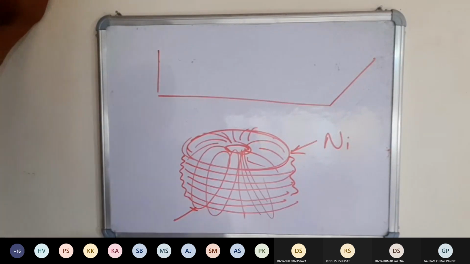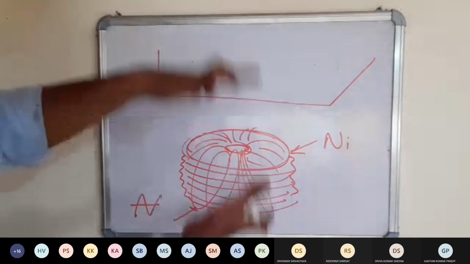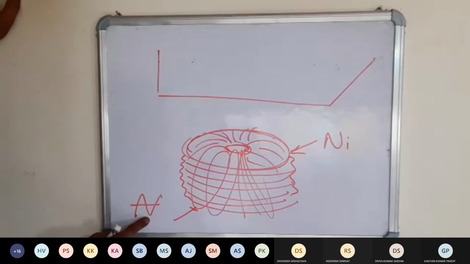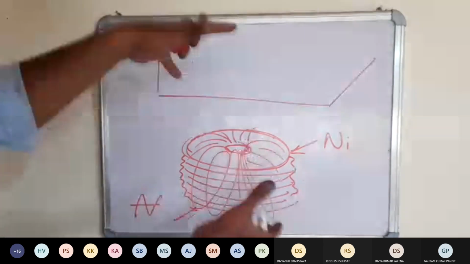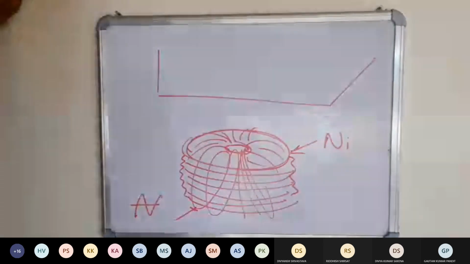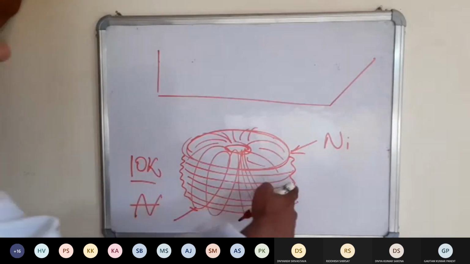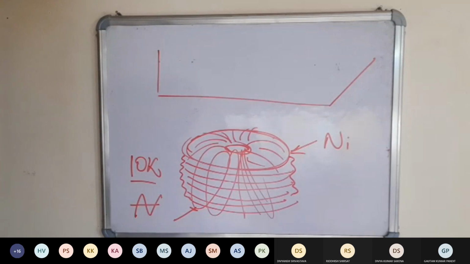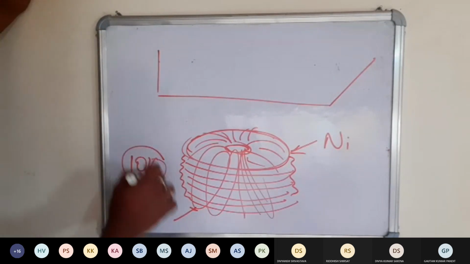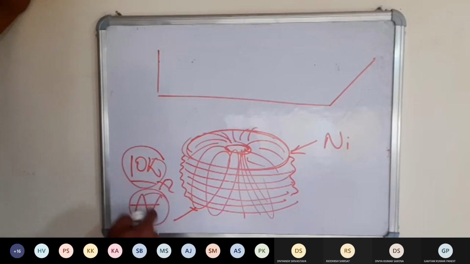Now what happens when AC is supplied? This will begin to vibrate. एक साइकिल पे दो वाइब्रेशन होगी, साइज जो है इसका चेंज होगा। तो अगर 10 किलोहर्ट्ज एसी दिया आपने, तो ये कितनी बार वाइब्रेट करेगा? 20 किलोहर्ट्ज, जितना एसी आपने दिया उसका दो गुना, दो बार वाइब्रेशन होगा।